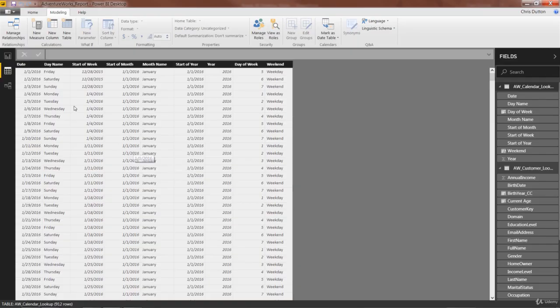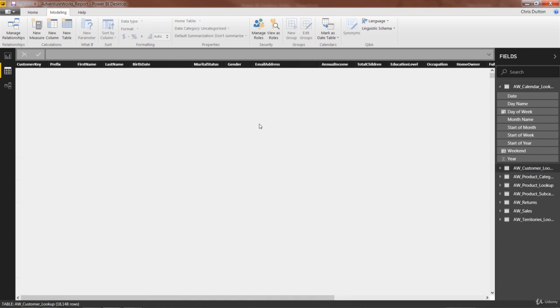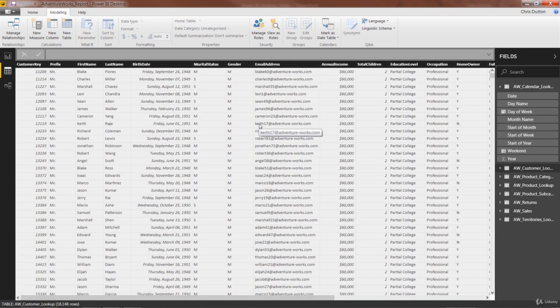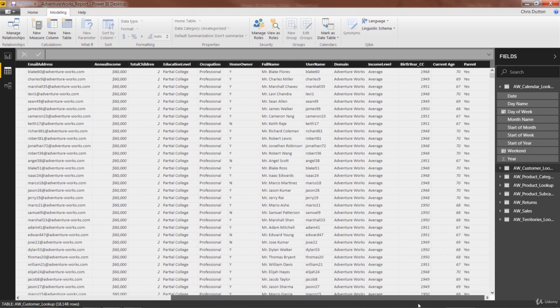All right, so in the report, head to your data view, as always, and let's jump into our customer lookup table. The first thing I want to demo is that concatenate function, and a great opportunity to do that is to replicate the full name, just like we created right here in the full name column using the query editing tools. This will be a good opportunity to show that we can do the exact same thing using a calculated column